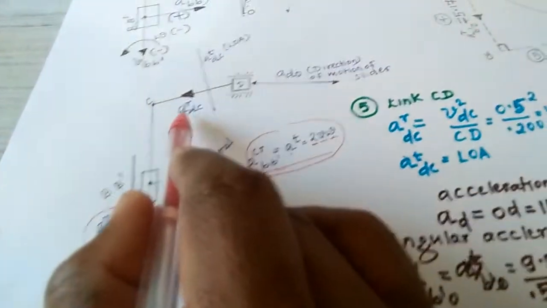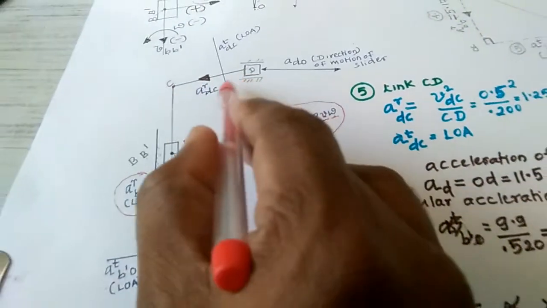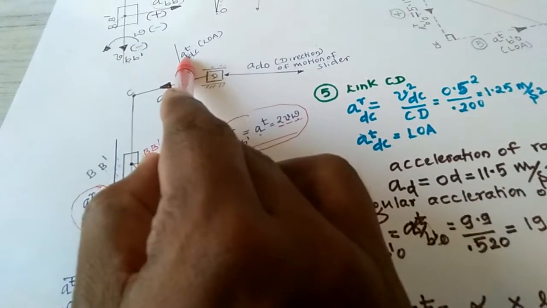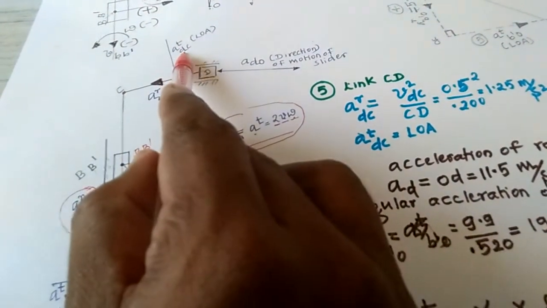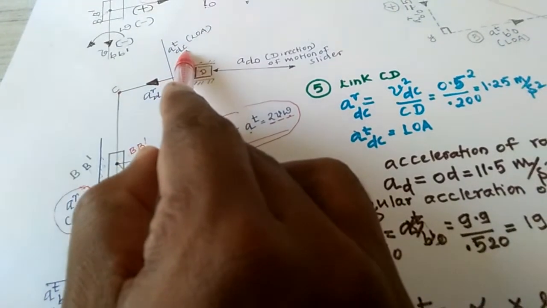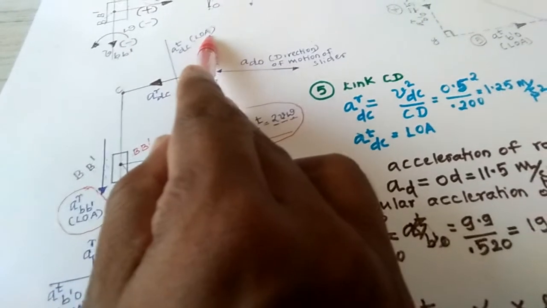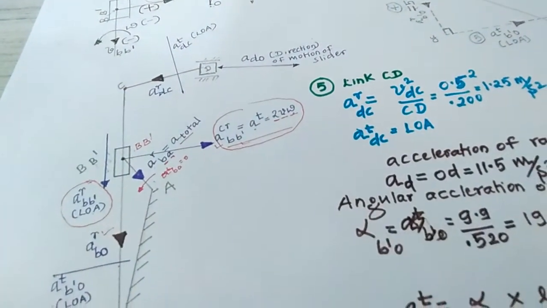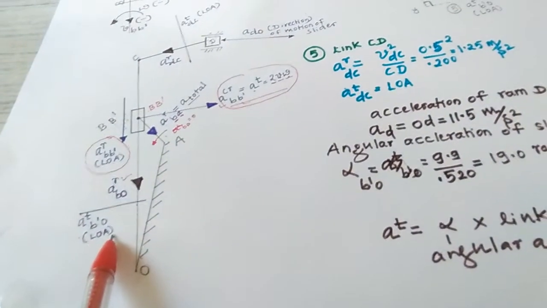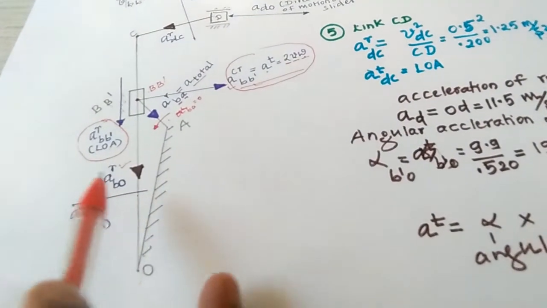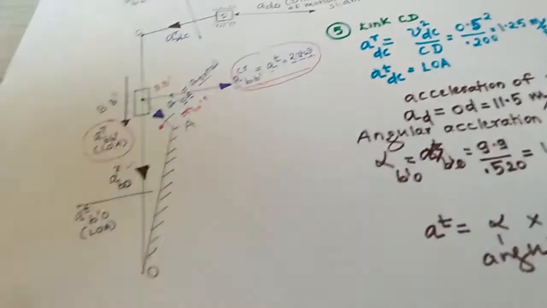One is the radial acceleration of D with respect to C. The other is the tangential component, the tangential acceleration of D with respect to C. This also has a line of action. Where I have written yellow, that is a line of action. Where I have not written a line of action, you have to determine it using calculation. Okay. Then I will come to the explanation one by one.